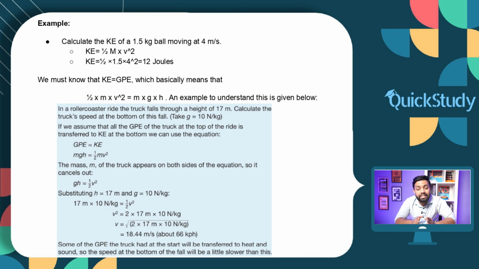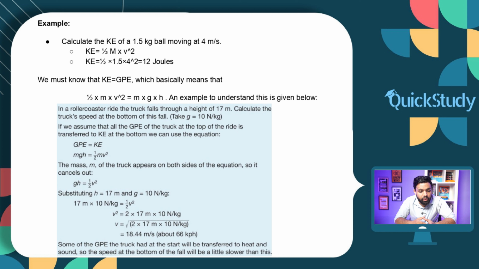We must know that kinetic energy is equal to GPE, which basically means that half mv squared is equal to mgh. An example to understand this is given here. In a roller coaster ride, the truck falls through a height of 17 meters. We have to calculate the truck's speed at the bottom of this fall. Given that g is 10 Newton per kg, and if we assume that all the GPE of the truck at the top of the ride is transferred to KE at the bottom,